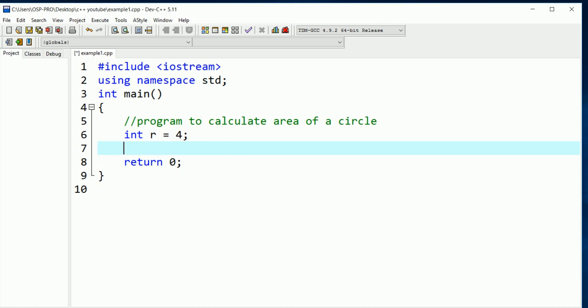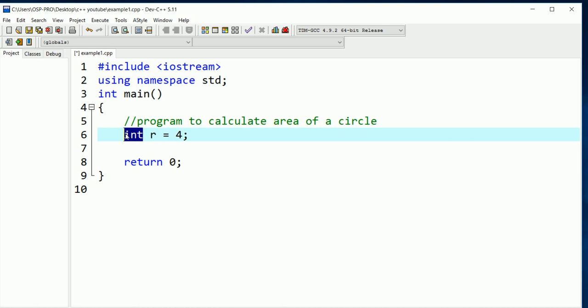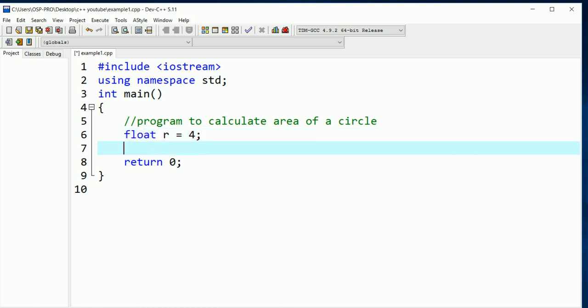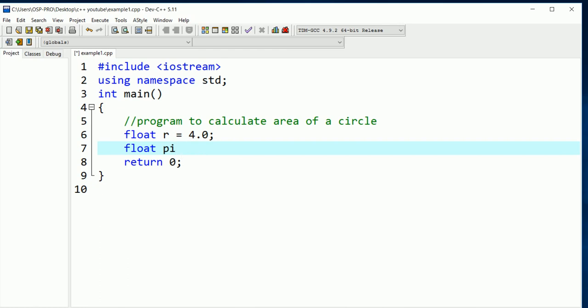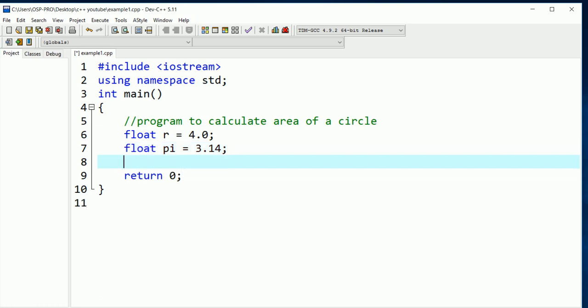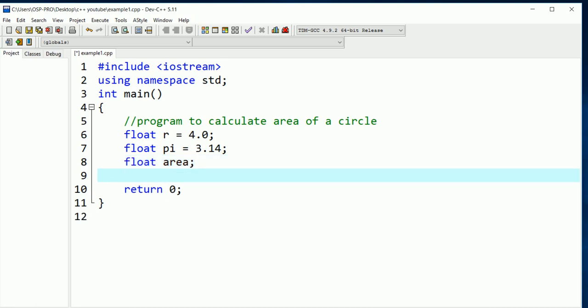Since I'm going to have a double or a float somewhere, it's good to make everything a float, because I talk of pi, which is 3.14. 3.14 is really a float or a double. The area itself implies the result has to be also a float. So area, which we don't know, I'll say area is equal to pi times radius